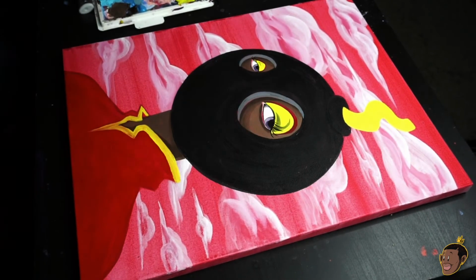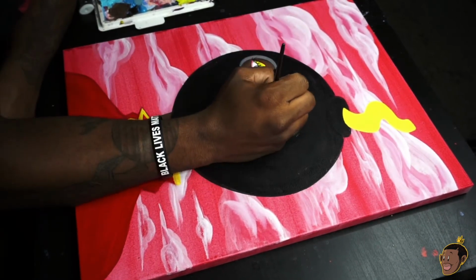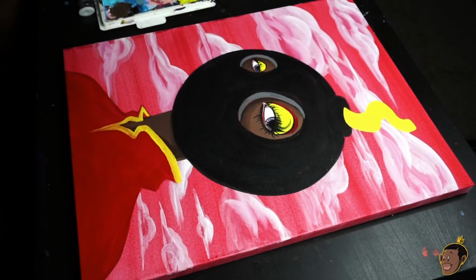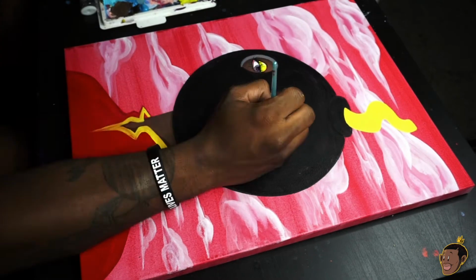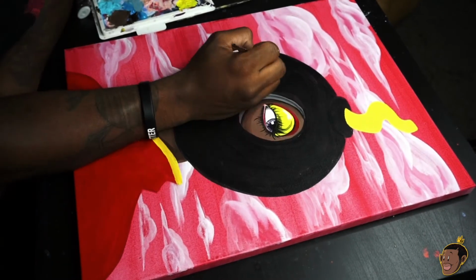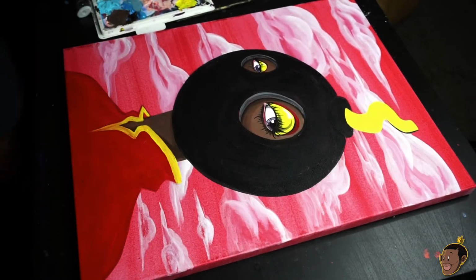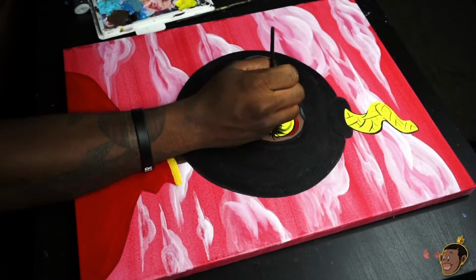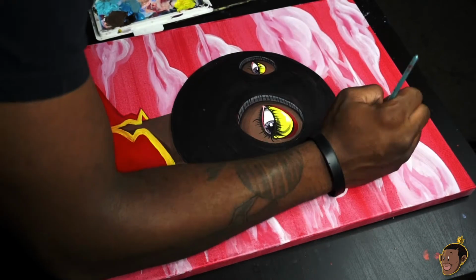Right here you can say. So I've been teaching my students how to draw eyes and anatomy. We're working on portraits right now, so I've definitely been playing around with teaching them how to do different eyes, and I just had to teach myself how to do different eyes. So right now, for example, here I'm just playing around with